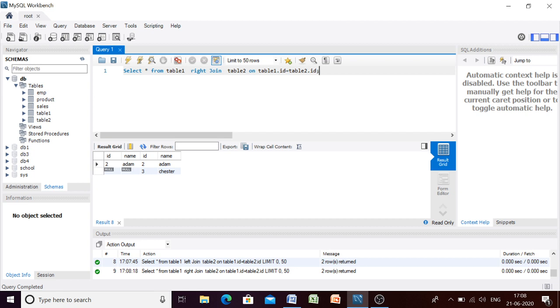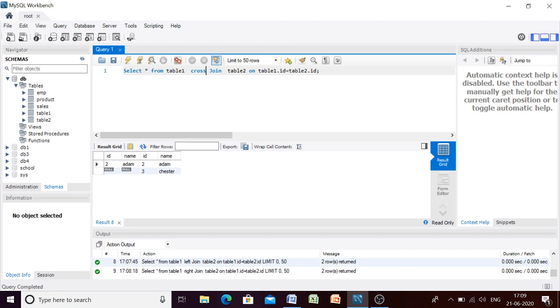The last one is cross join. It will give us all the possible combinations. Let me explain: if you have two tables, and in table 1 the number of columns is 2, in table 2 the number of columns is 2, in table 1 the number of rows is 2, and in table 2 the number of rows is 2. In the resultant table, how many columns and rows will there be?